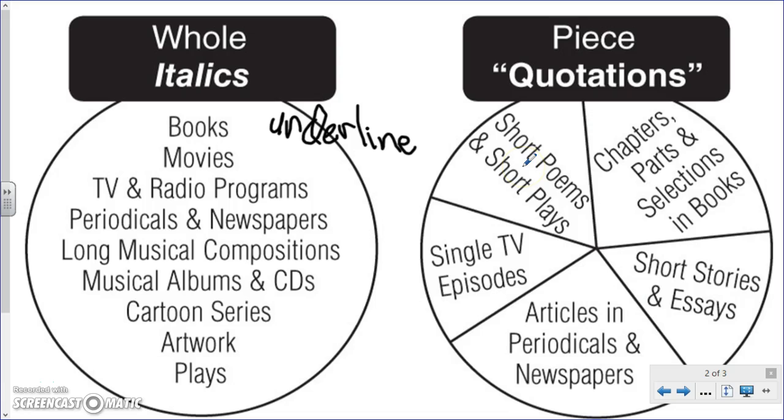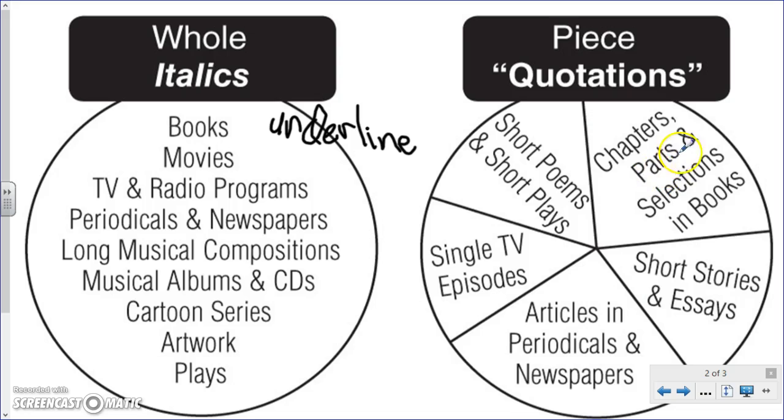So we have short poems and short plays. These are like one-act plays. This is your normal poems that you see. Longer poems that are book size go here. They fit under the books, like the Odyssey, the Iliad. They're epic poems. They're long. They're over 100 pages in length. They go here in the books, whereas the shorter pieces go here.